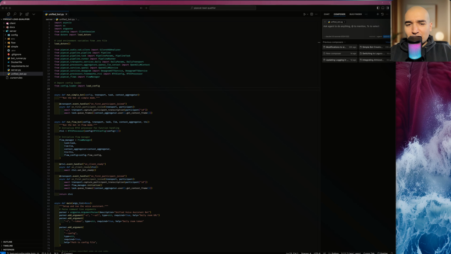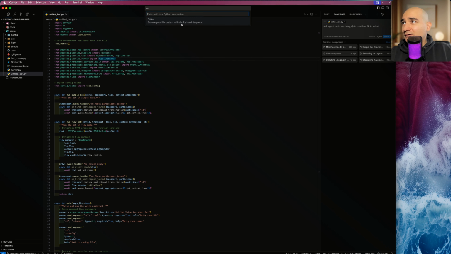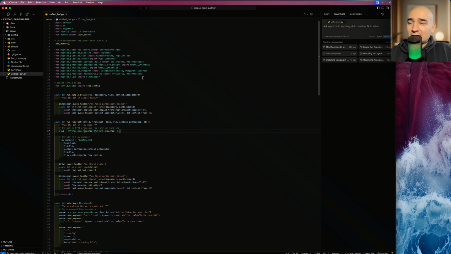Okay, so I quickly want to show you something that's been annoying me with this whole client and server setup I've been doing here, and that's getting the right Python interpreter selected. What I was doing was selecting the interpreter, select interpreter path, and then go find, and I select it from the environment, bin, Python. Okay, I do that. Now I've done it the right way so it doesn't break here, but if I quit,